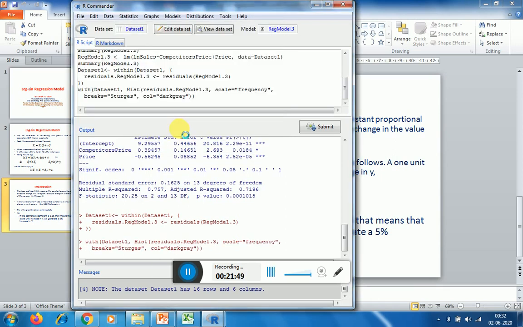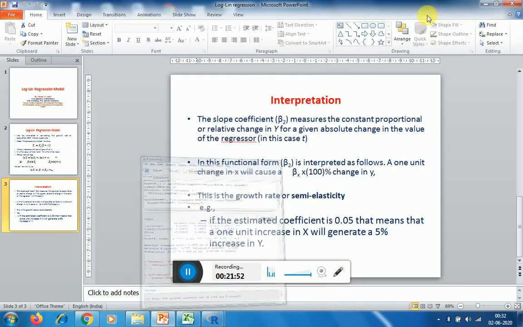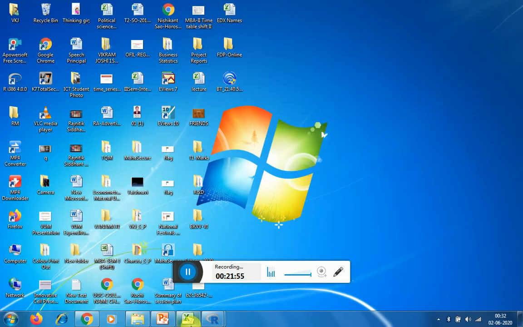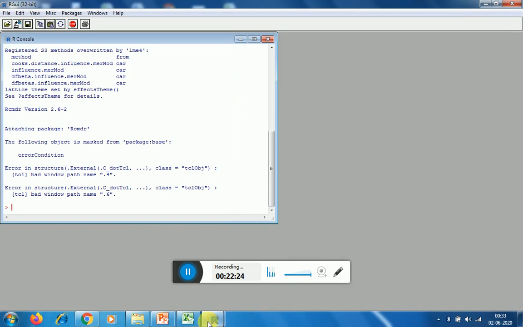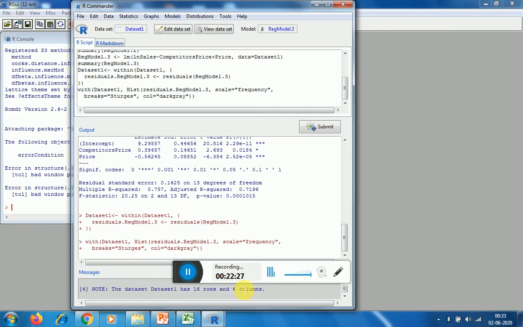If you plot this, you will see the histogram here. Now if I assume a hypothetical normal curve, this normal curve will go like this, approximately. So we can say that the distribution is normally distributed because the shape of the histogram appears to be normal. So this is one diagnostic test that you can perform. Now as such I don't think that there will be any issue with regard to multicollinearity.